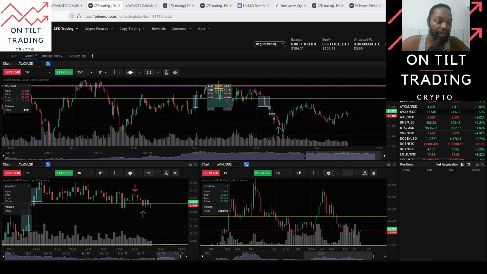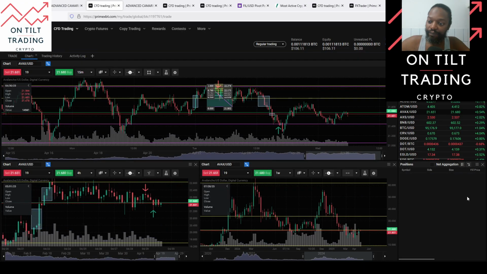Here on the 4-hour chart, this is the current week high, and down here is the current strong low. We'll pull this over. And we can see that Avalanche was in the upper end of this range when I took the position, and then was able to take profits pretty much right here in the middle of this range. So a very large range that we have here